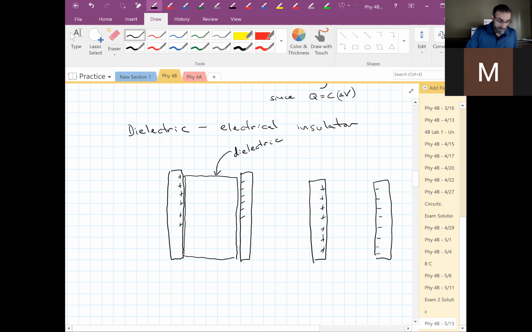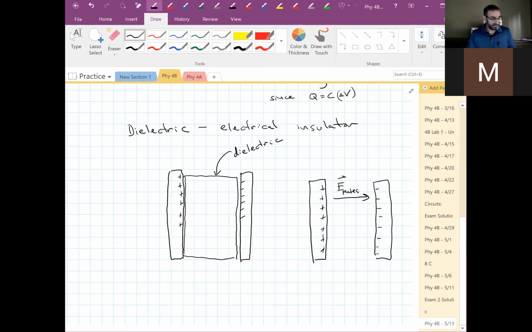And now we've got an electric field due to these charges. I'm going to call it E plates, due to the plates that make up the capacitor,